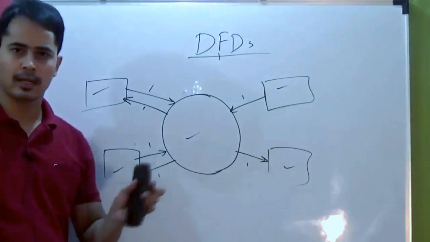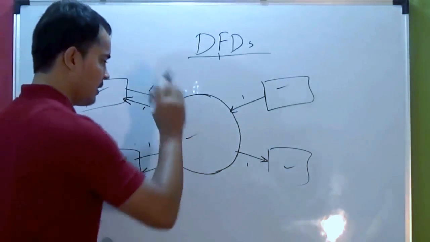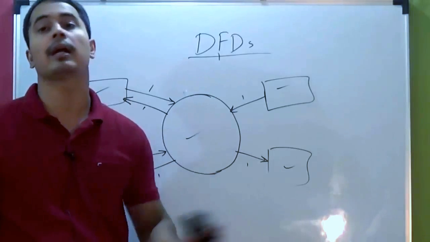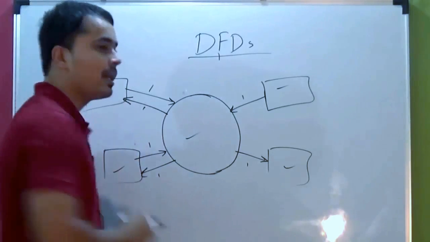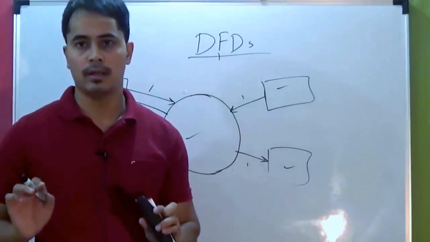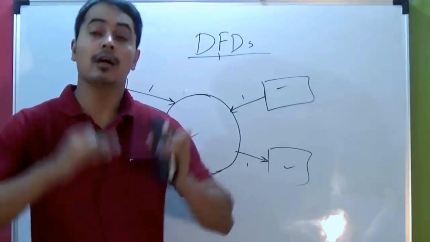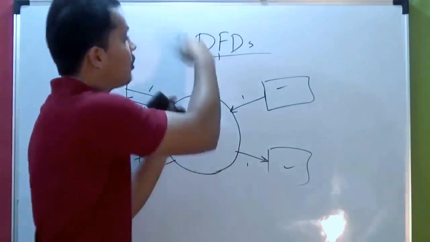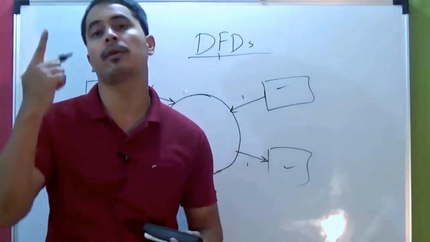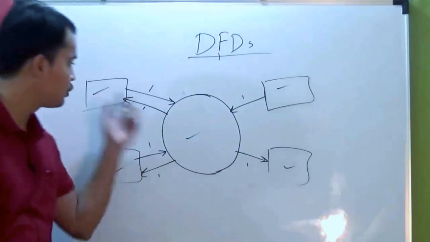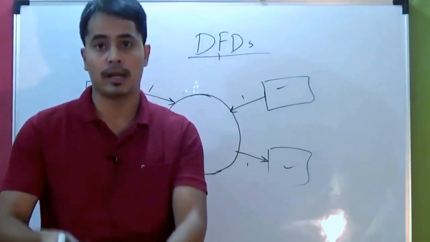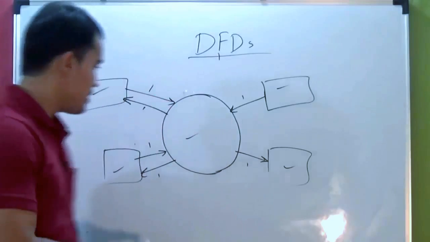So, a few rules regarding the context level diagram. There could be only one process which represents your entire software. All the external entities are identified at the context level. You cannot add a new external entity after the context level diagram. No new external entity can come in the level 1 diagram. Only those which you identified in the context diagram can be shown in the level 1 diagram or level 2 diagram. Then